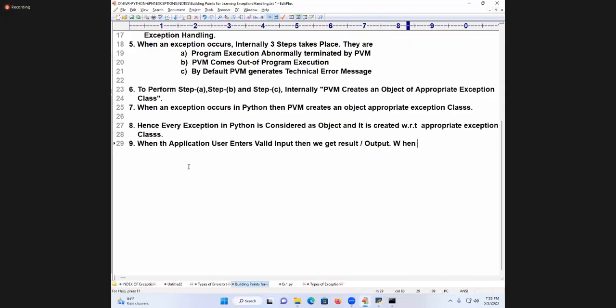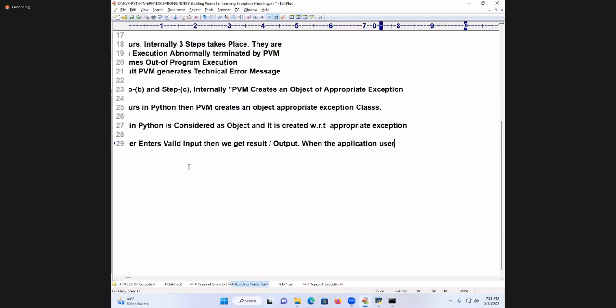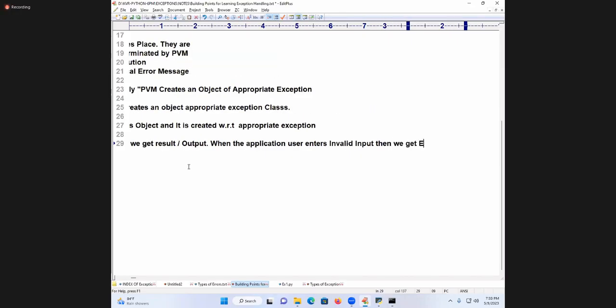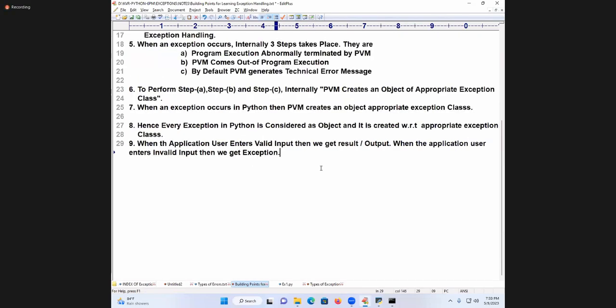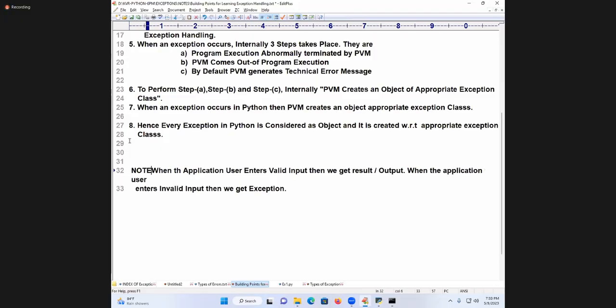When the application user enters which input? Invalid input, then we get an exception. That's all. These two things you have to remember in the mind. This is one important note point. Instead of a 9th point, I'll write it as a note point.